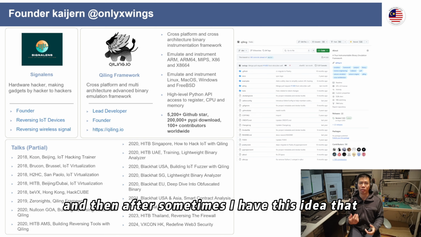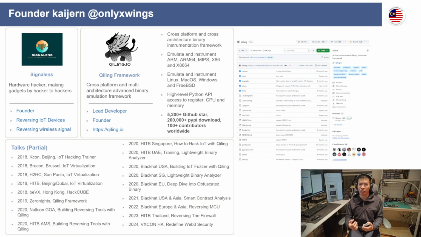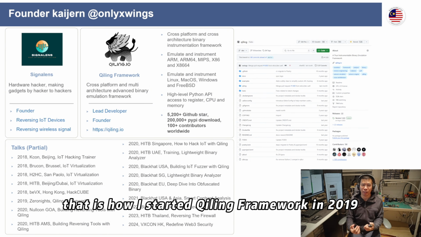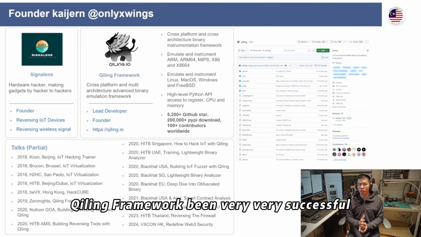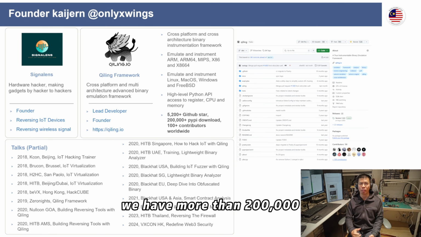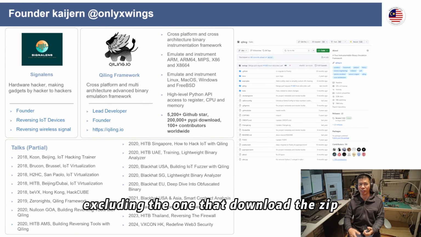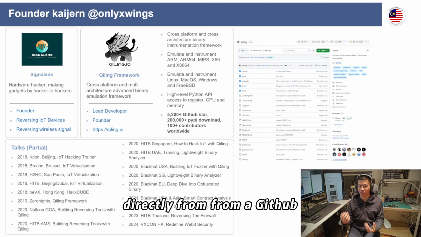And then after some time, I had this idea that I should start my own project that is able to emulate binary files. So we worked on it, and that is how I started Qiling Framework in 2019. Ever since 2019 until now, Qiling Framework has been very successful. We received around 5,200 GitHub stars. We have more than 200,000 PyPI downloads. That is only PyPI downloads, excluding the ones that download the zip, excluding the ones that clone the repository directly